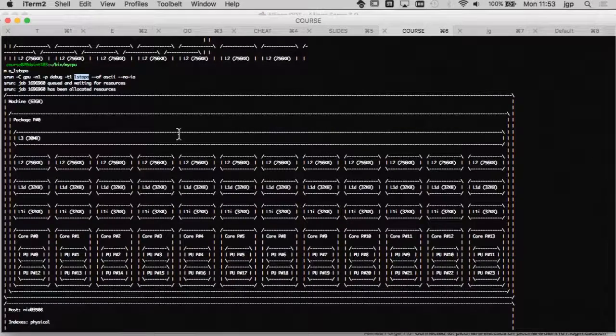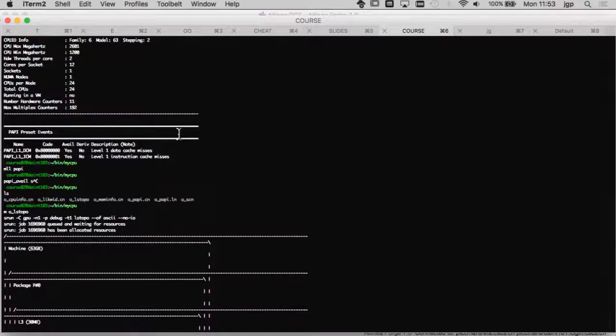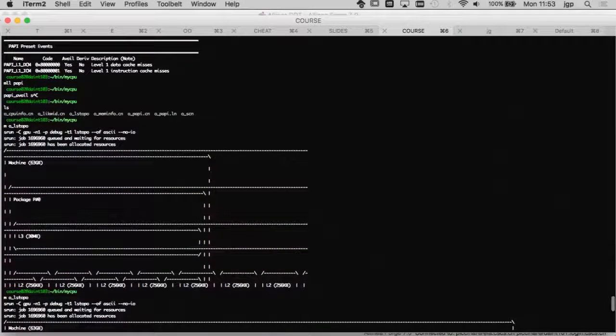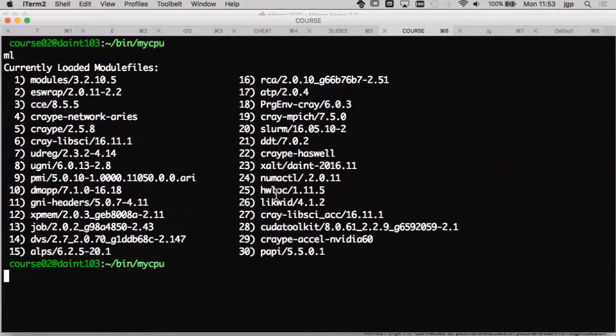lstopo, yeah. Yeah, and the module is called hwloc. Wait. It's this one. You have to do module load, this one.